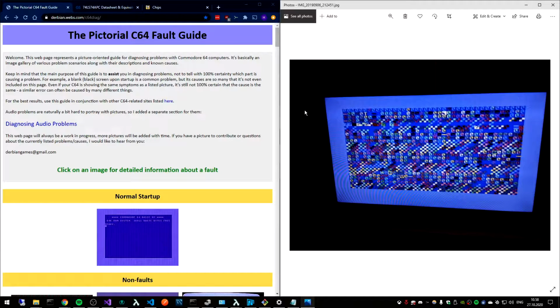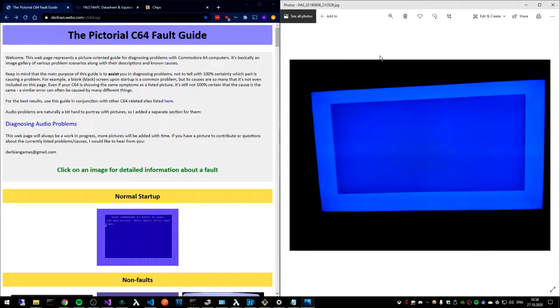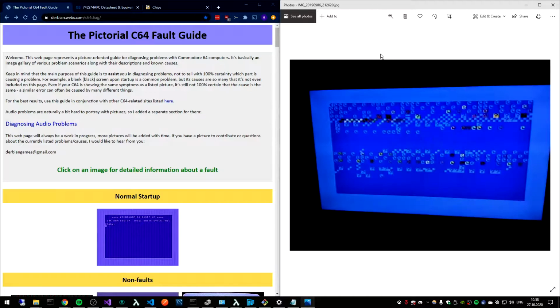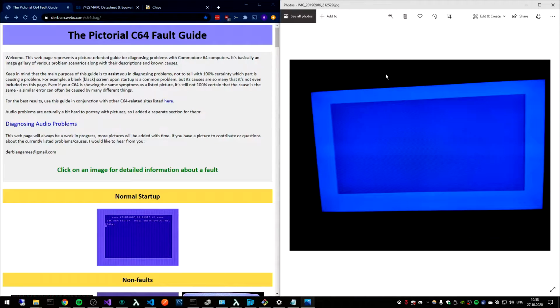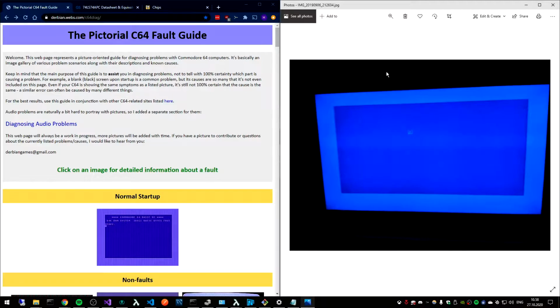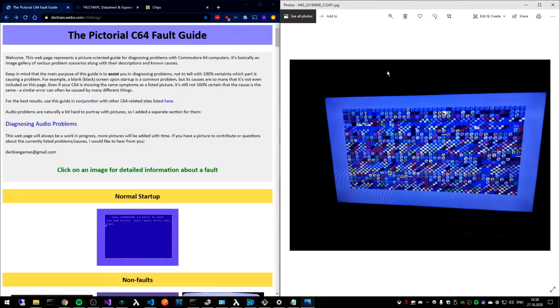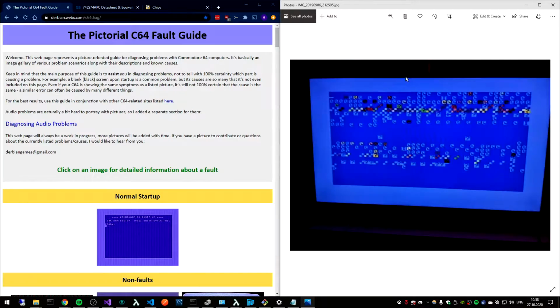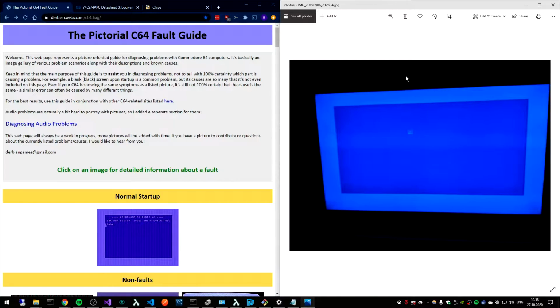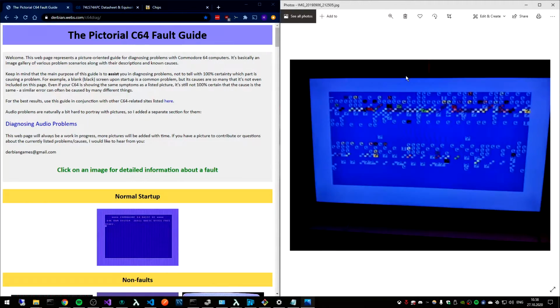I have some pictures here that I took when I first tested the unit, and as you can see, I had different behavior whenever I started the C64. These images aren't flickering or anything like that. They're just static images on the screen when I turn on the C64. It's just that they differ for every start. So this was my